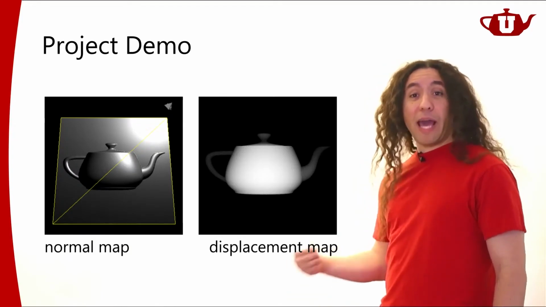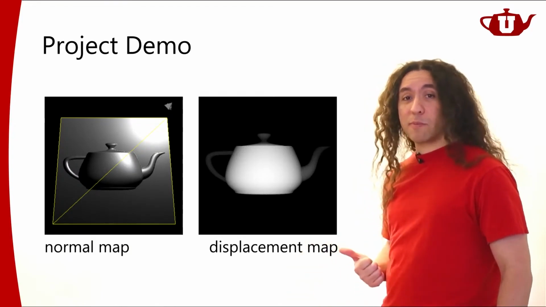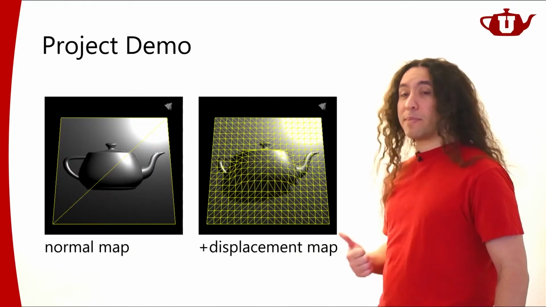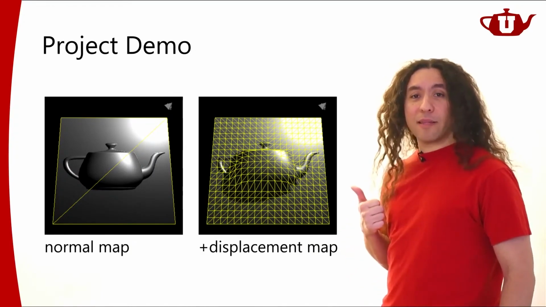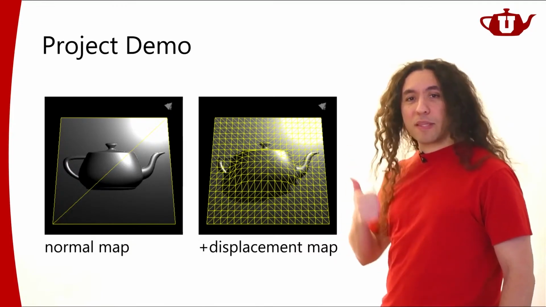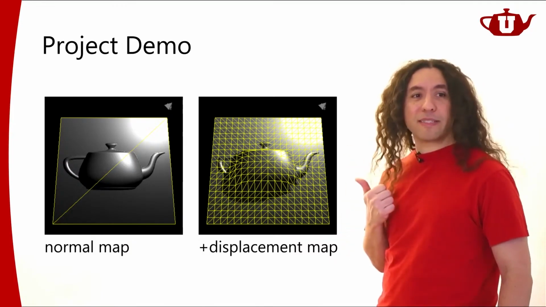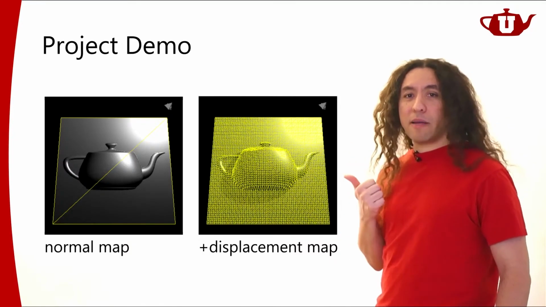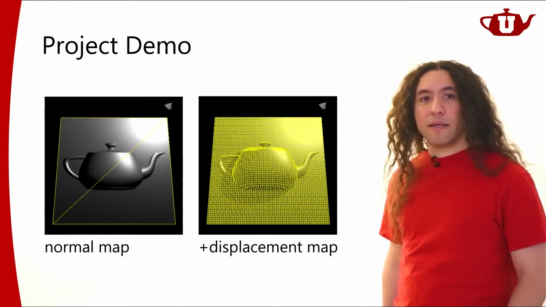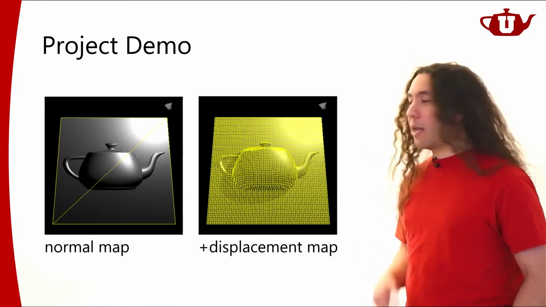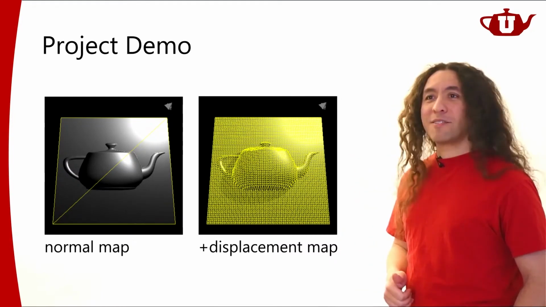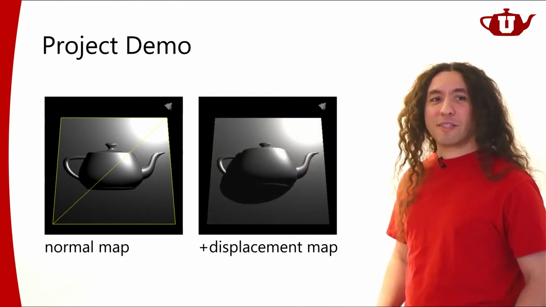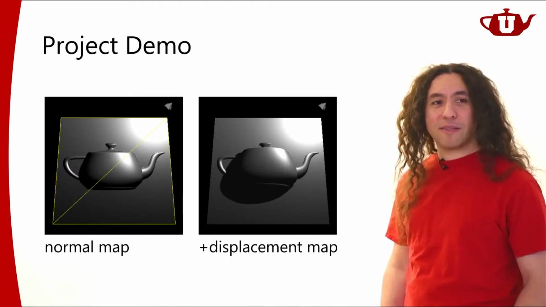If you want to have the actual 3D deformation, you will need displacement maps. And with displacement maps and normal maps, you will get something that looks like this. I'm showing the grid here so you can see that geometric detail is actually there. With higher resolution tessellation, of course, you get a lot more detail. And if you don't want to render these triangle visualizations, you can see the final surface like this.